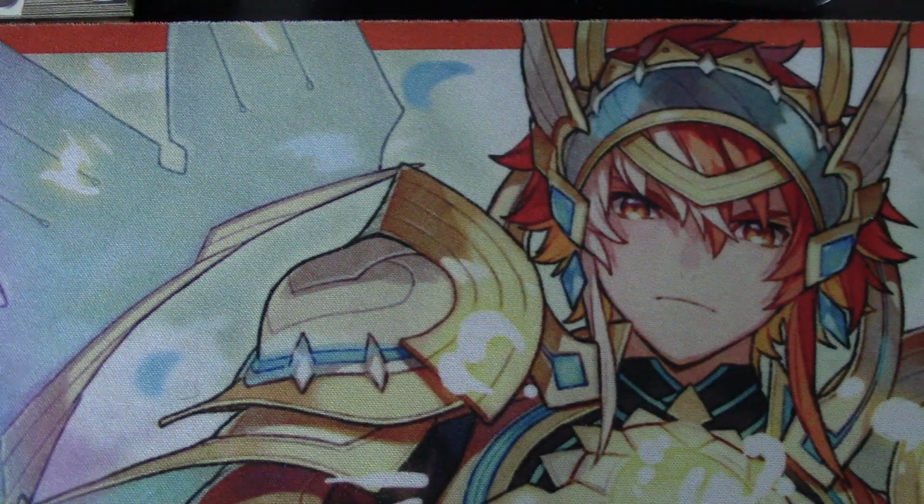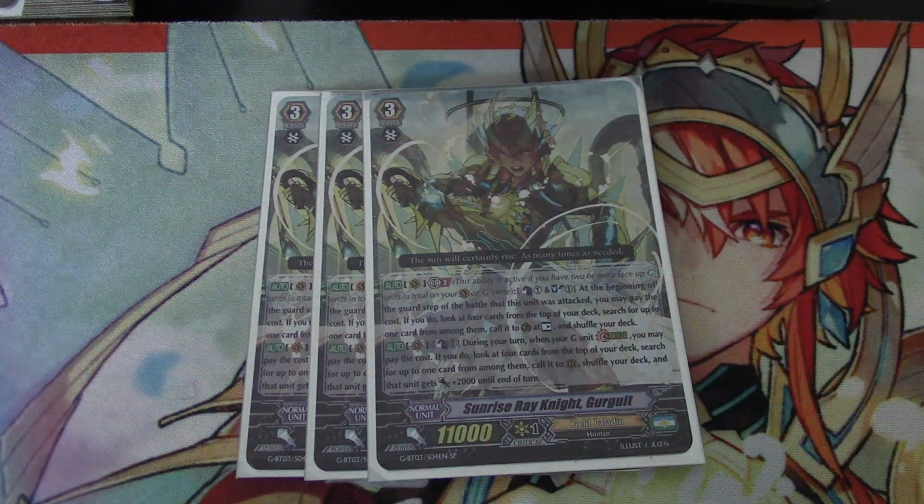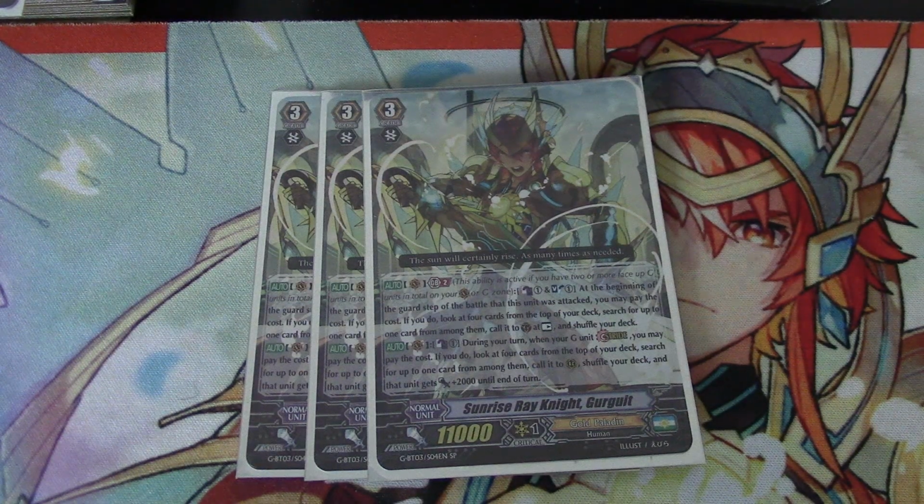Next up for the grade 3s, I will be saying this right now, the ratios are pretty screwed up yet. I haven't been able to brick yet, so that's pretty good. So starting off, I run 3 Original Gurguit. Original Gurguit is the defensive Gurguit, and in this deck, it is the first ride that you want to be on. With this Gurguit, you can counterblast, Soul Blast 1 for his Generation Break 2,